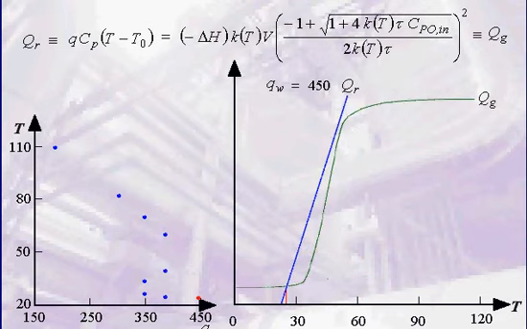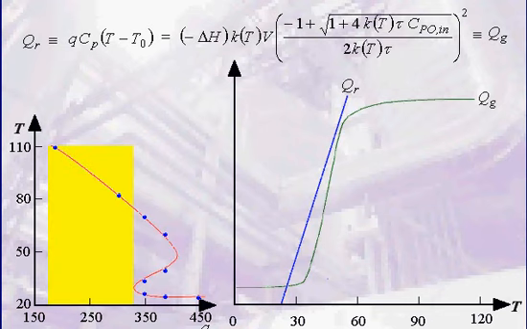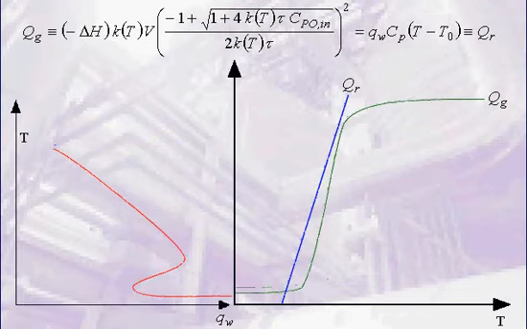A further increase of QW to 450 kilogram moles per hour gives three regions: below water flow rates of about 350 kilogram moles per hour, in which only stable high temperature operation is possible; above water flow rates of about 450 kilogram moles per hour, in which only stable low temperature operation is possible; and the region in between these, in which multiple solutions exist. This explains the results that can be expected